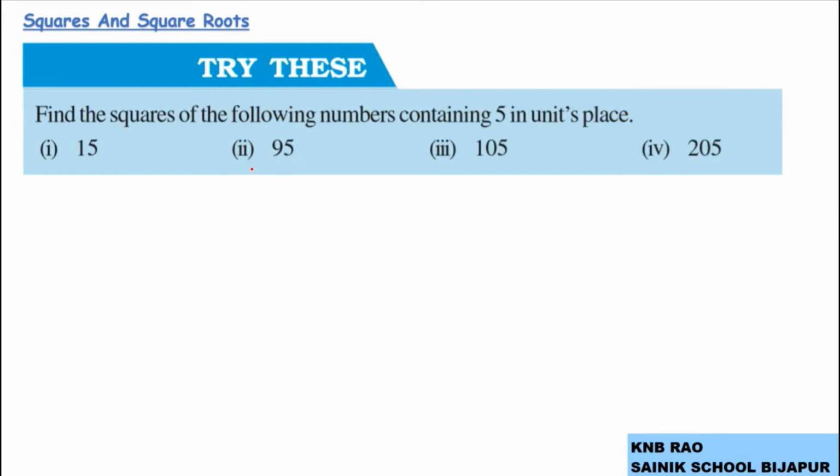Now try this. Find the square of a number. Find the square of these following numbers ending in 5. First one, 15 square. What is 15 square? If you want to find 15 square, I must